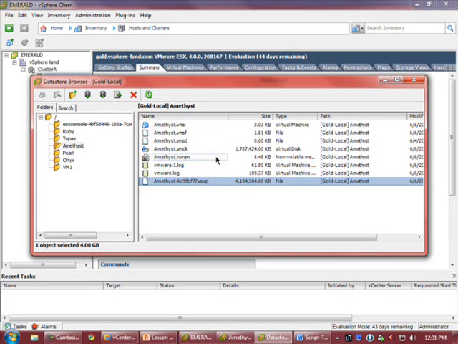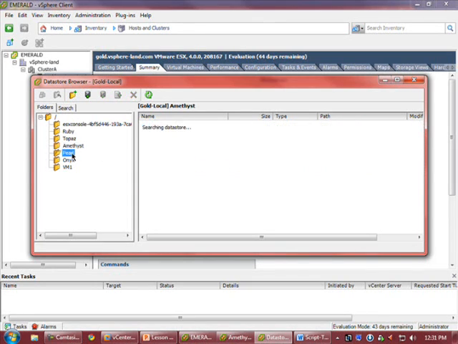The NVRAM file, another small file. This is used for the virtual machine BIOS. Then some log files that are created on the VM, and again, those are very small also. If we select another VM here,